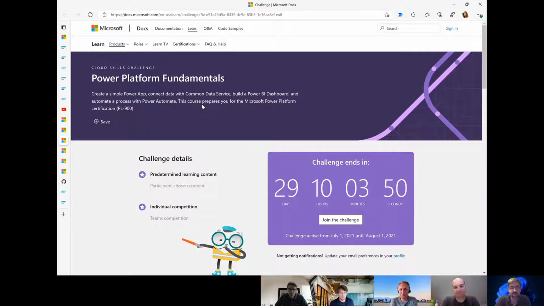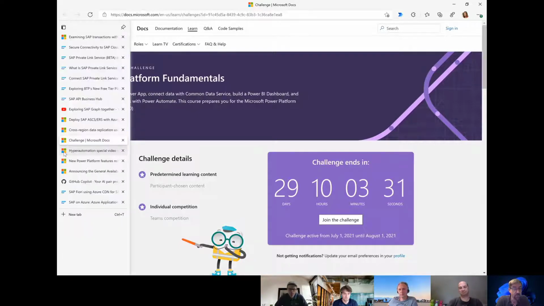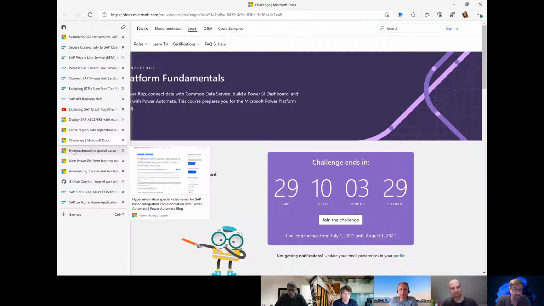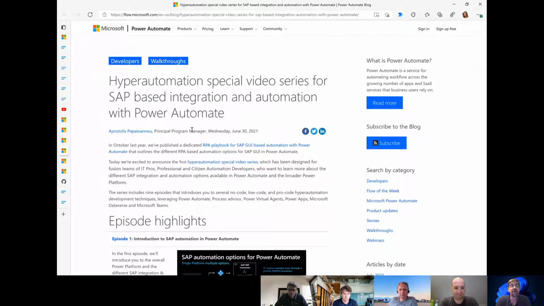I looked at the first few sessions, how first of all introducing what it is, but then also really let's start a very simple Power App. Let's do the first simple Power Automate flow and so on. So if you have not looked yet into Power Platform, I think that's a great way to get started. If you don't want to read so much, there are also some really amazing videos by